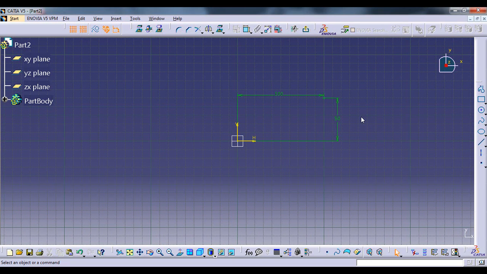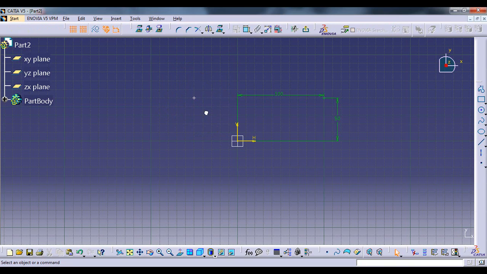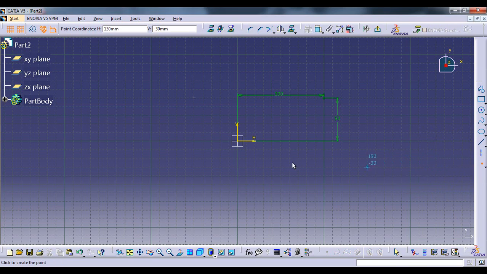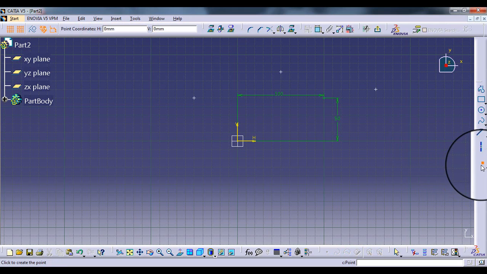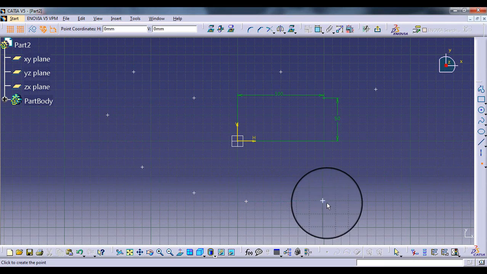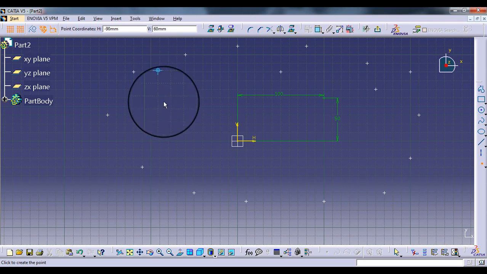One thing we need to understand is, if we select this point command, we can plot a point only one time. If we want to plot another point, we again need to select this point command and then we can plot it. Selecting the point command every time you want to plot a point is not an effective method. So what we can do is double click on this point command, and then we can plot the point as many times as we want. This is a much more effective way if you want to plot multiple points at the same time.